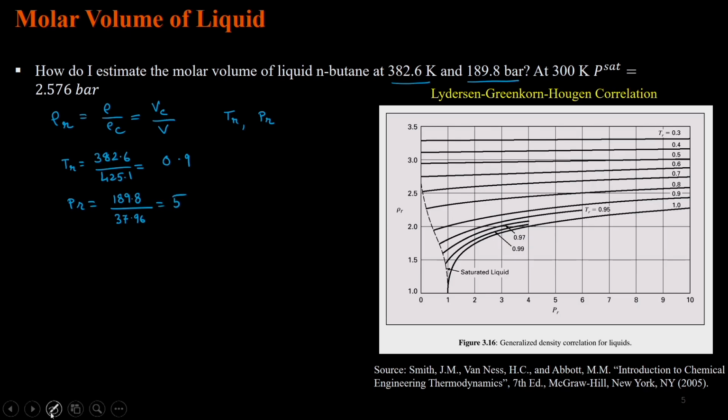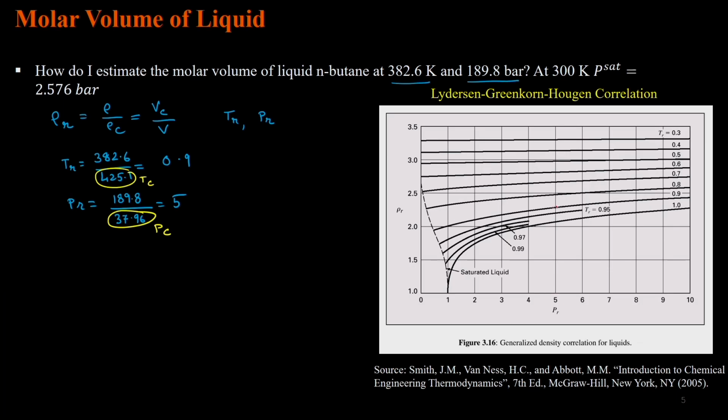So this will be 5. Remember, these values of TC and PC are same as in the previous problem. So these are the values of TR and PR. What I will do is take these values of TR and PR and locate the corresponding point on the correlation